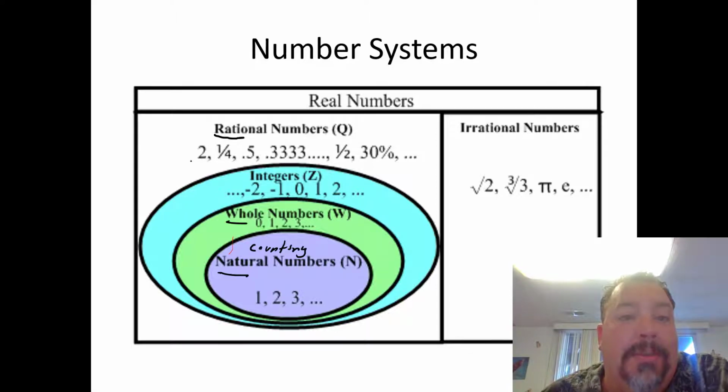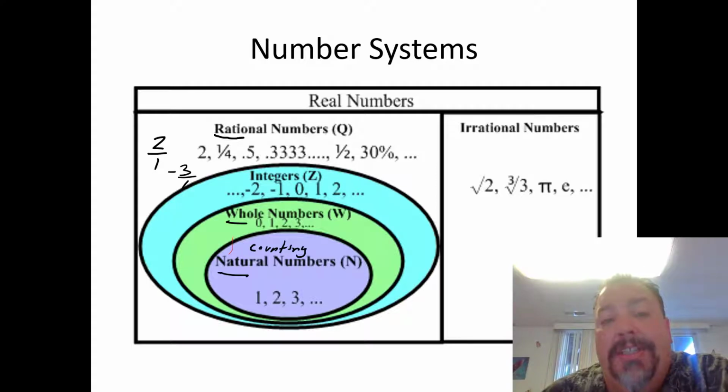So we can represent rational numbers such as 2. Any integer is also a rational number, like 2, we can write as 2 over 1, or -3 is a rational number because we can write it as a fraction using integers. And we have fractions like 1/4, 1/2, 3/4, which if we make those into decimals, 1/2 is the same as 0.5, 1/3, if we take 1 divided by 3,